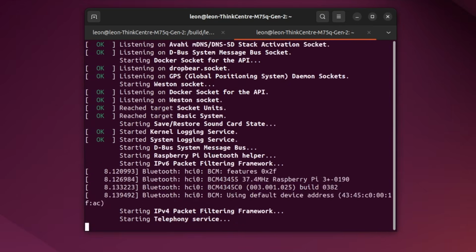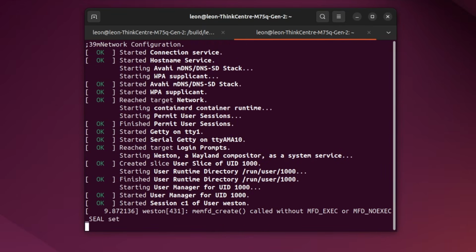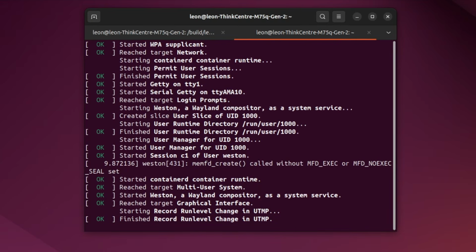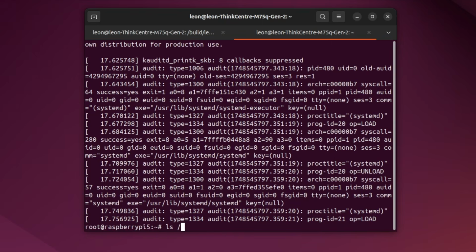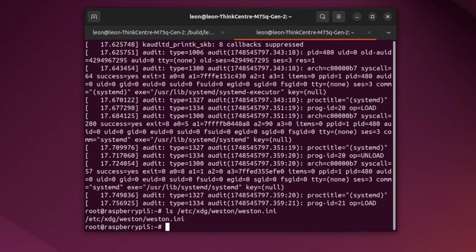This is the desktop environment that comes with Ubuntu, and inside the terminal I've executed the screen command to establish serial communication between my PC and the Raspberry Pi 5. I've logged in as root. The main configuration file for Weston is called weston.ini and it's located at